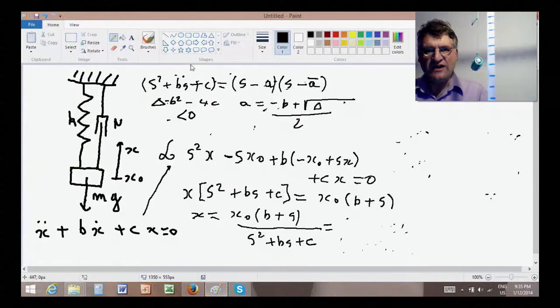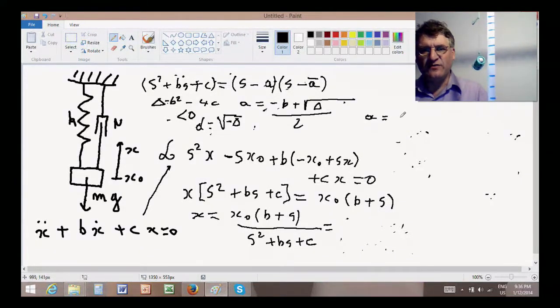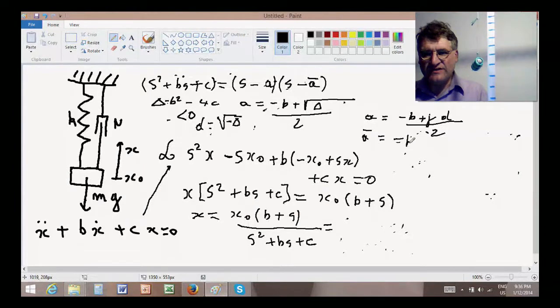With that notation, if you write that d is equal to square root of minus delta, we end up having a is equal to minus b plus j d over 2,